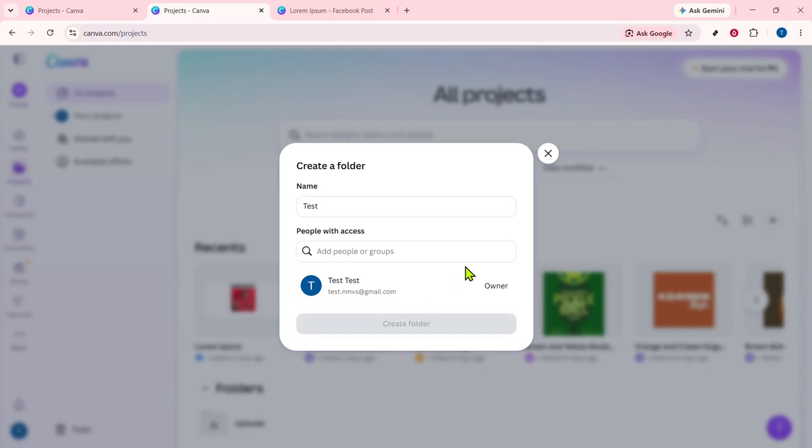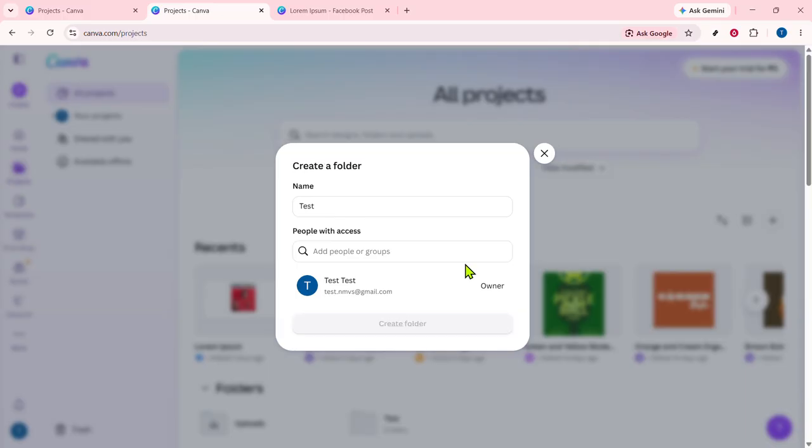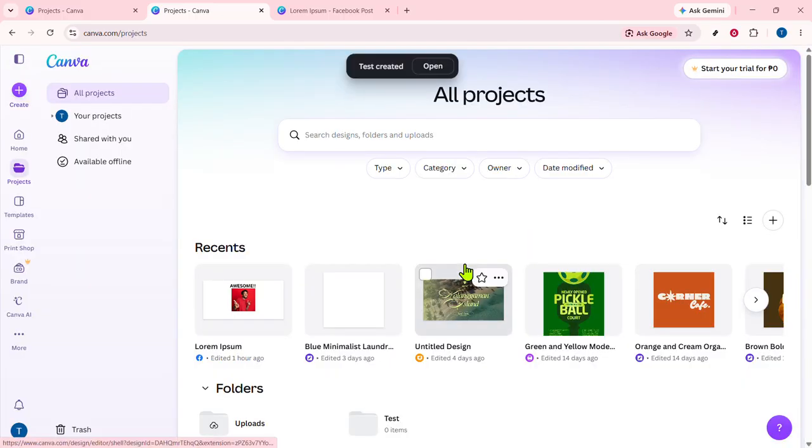And that's it. Once you click the plus sign, you've started the process of adding a new folder in Canva. From there you can continue organizing your content in a way that works best for you. Keeping your projects sorted from the beginning can save time and make your design workflow